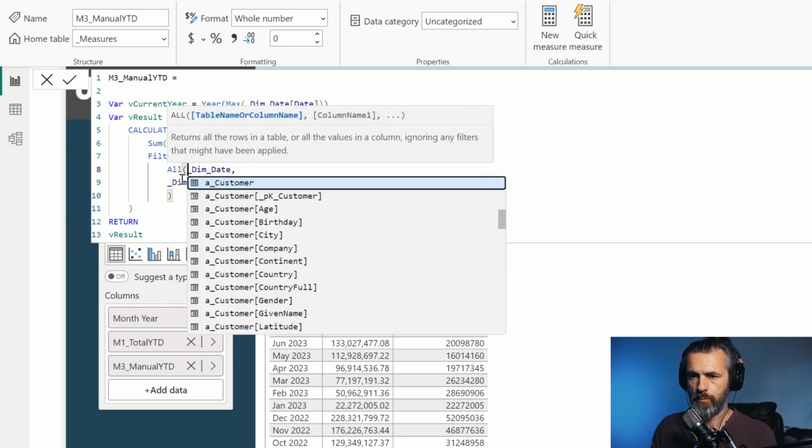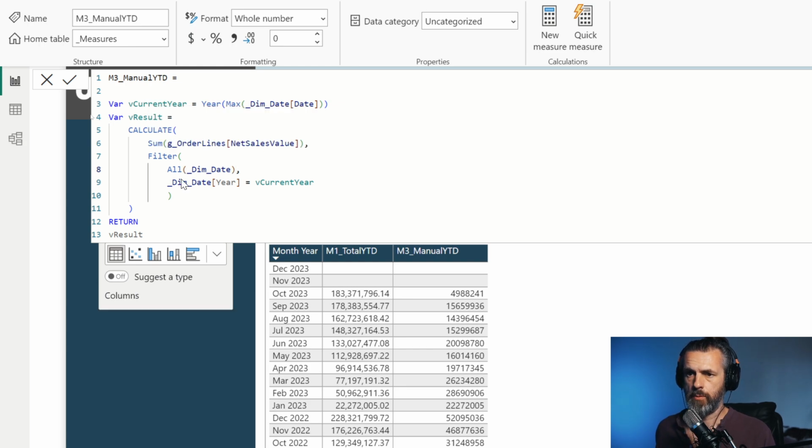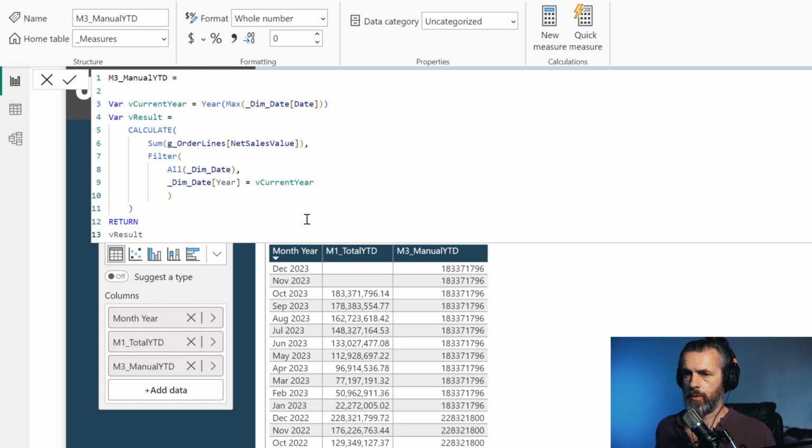For all. So we need to wrap this dim date in an all function. By putting all around our dim date table reference, we're removing the row context and any filter context from the calculation. So this is giving us a grand total, and then we're applying the dim date year to the calculation. So if we just look down slightly,